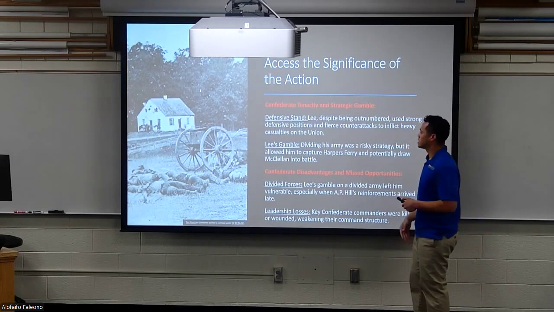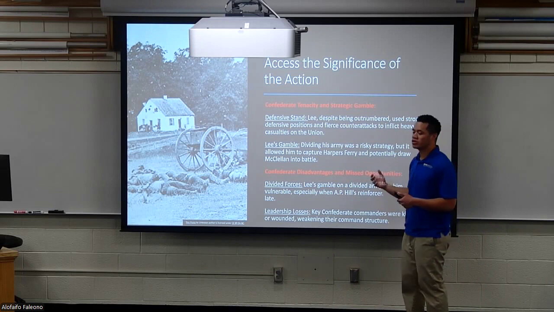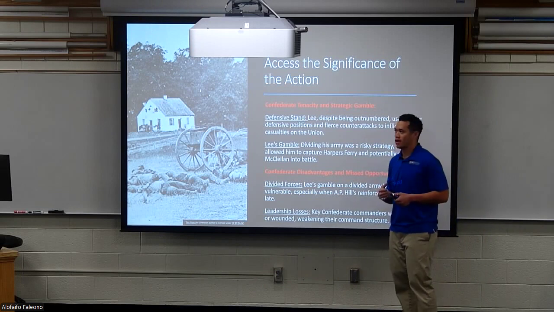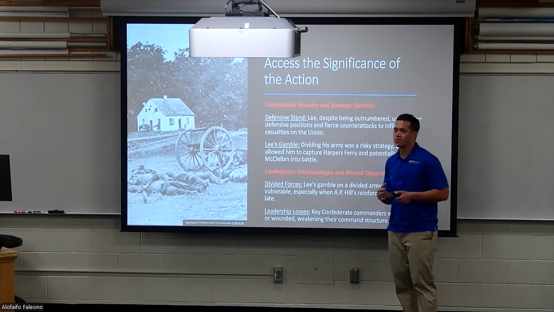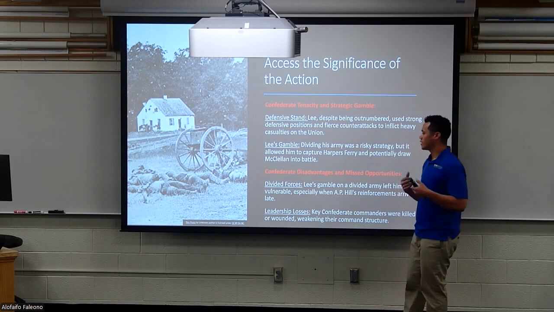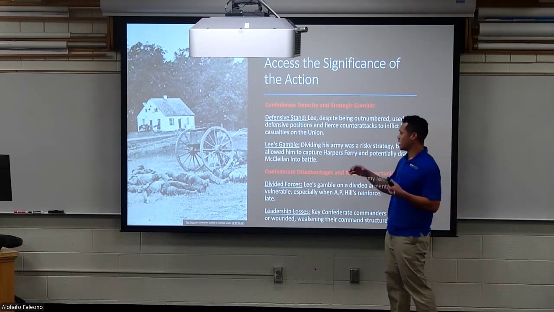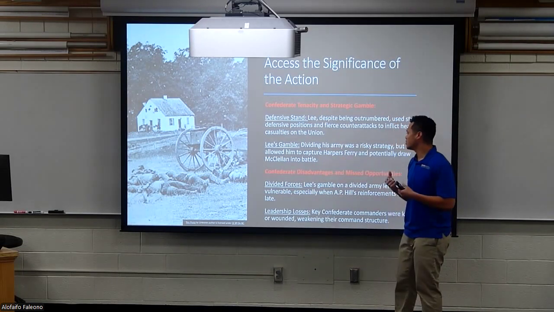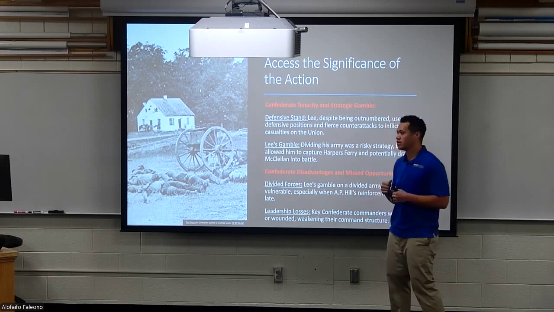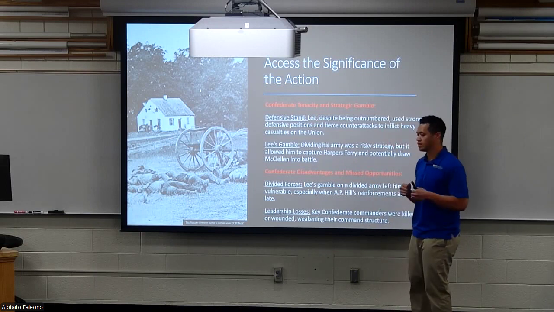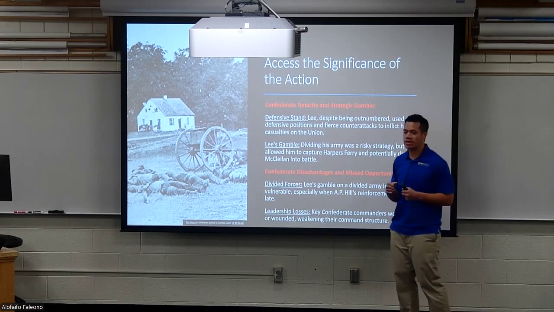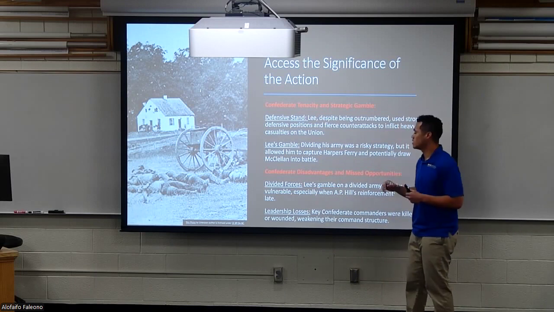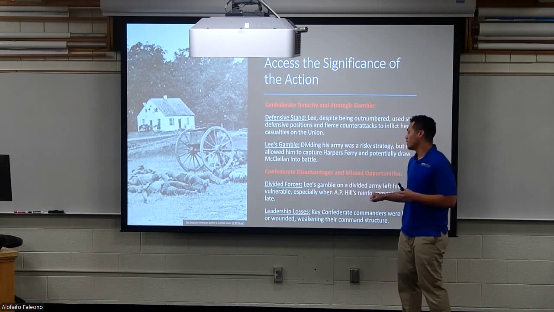Let's talk about the Confederates. Defensive stand. Despite being outnumbered, Lee really maximizes the terrain and his forces to set up a defense that was able to counter the large Union attack. However, he kind of gambled because dividing his army the way he did was risky. However, like we talked about, Officer A.P. Hill ended up helping him in a timely manner to repel McClellan.